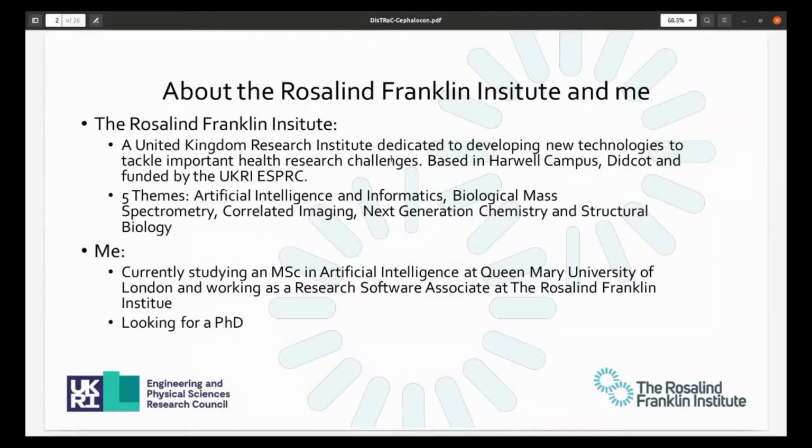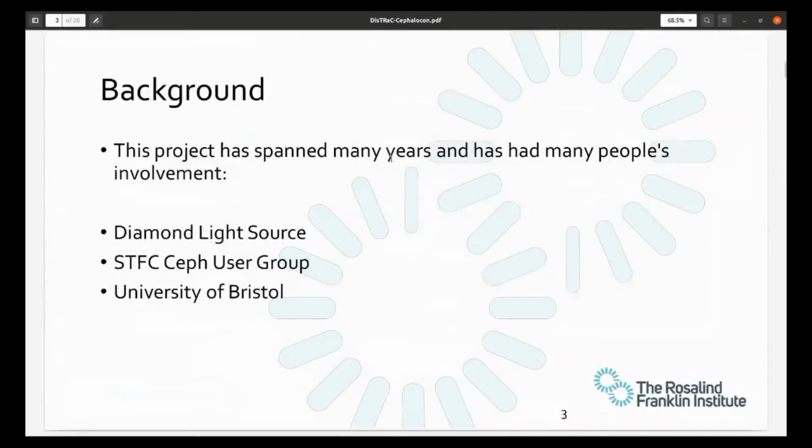So, background to the project. This project has spanned many years and has had many people's involvement. It originally started at Diamond Light Source, where it was inspired by Mark Basham and Dave Bond, who came up with the idea behind this. Then it's had involvement with the STFC Ceph user group, and then recently the University of Bristol have started collaborating